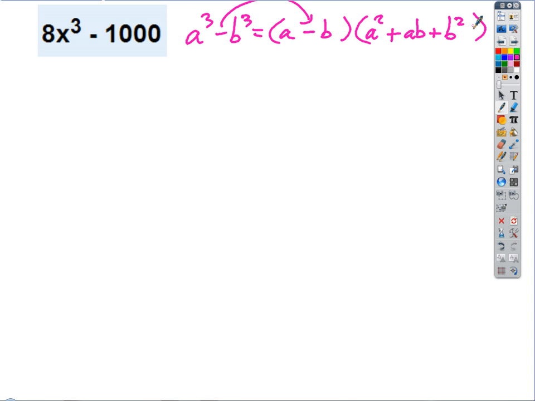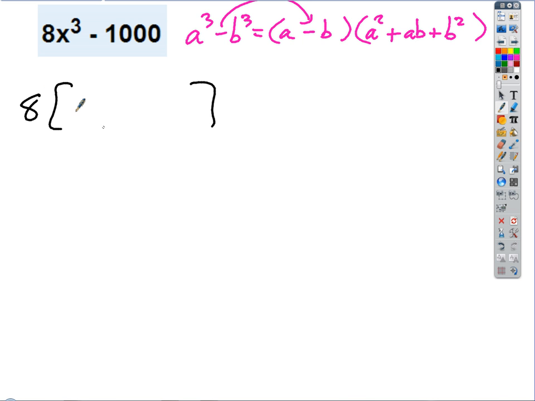Okay, but before we even start factoring, we always wanna ask ourselves, can I factor anything out? Is there a number that goes into both of those? 2 does. Anything else? 4 does. 8. 8 divides into 1,000. 12. Yeah. Just kidding. So I could take this thing and right away, I could factor out an 8,